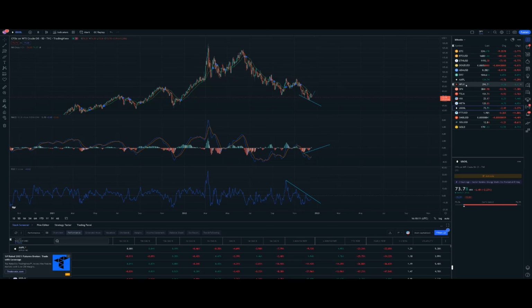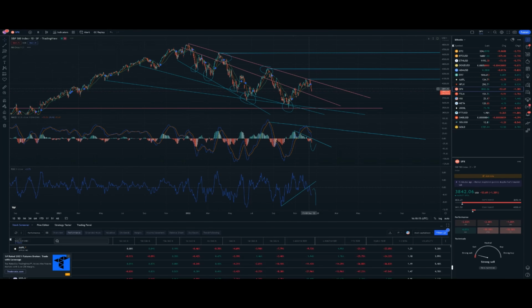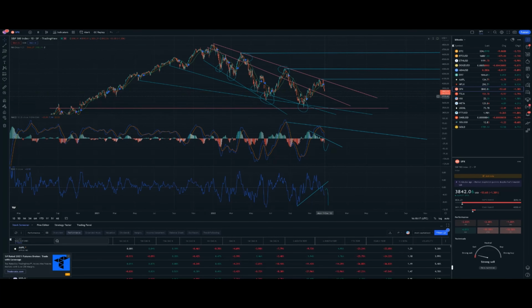And as far as the S&P 500, what you really want to be looking at is if it finds support right here around the 3,700 area. If it breaks through all the way down to the 3,600 area, be prepared for a bounce, just because nothing really ever goes down without bouncing. I've been in the market long enough to know we will get a bounce at some point. But whether it's something like this or something like this, no one really knows.